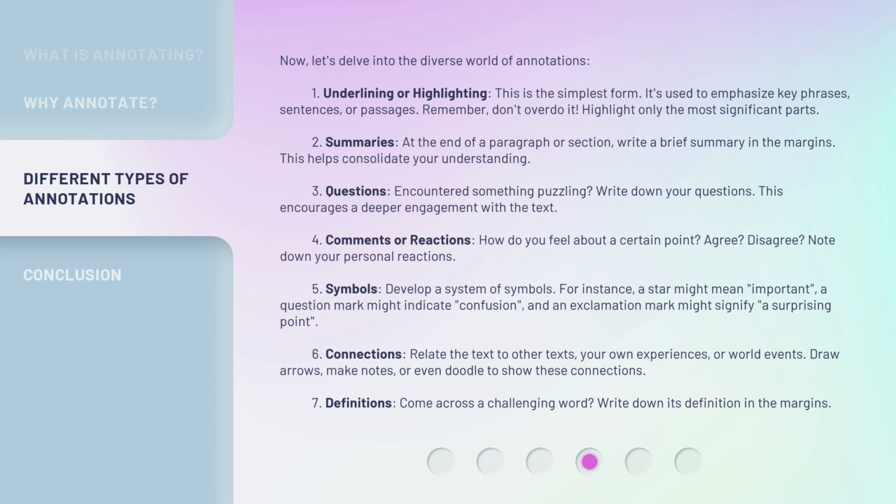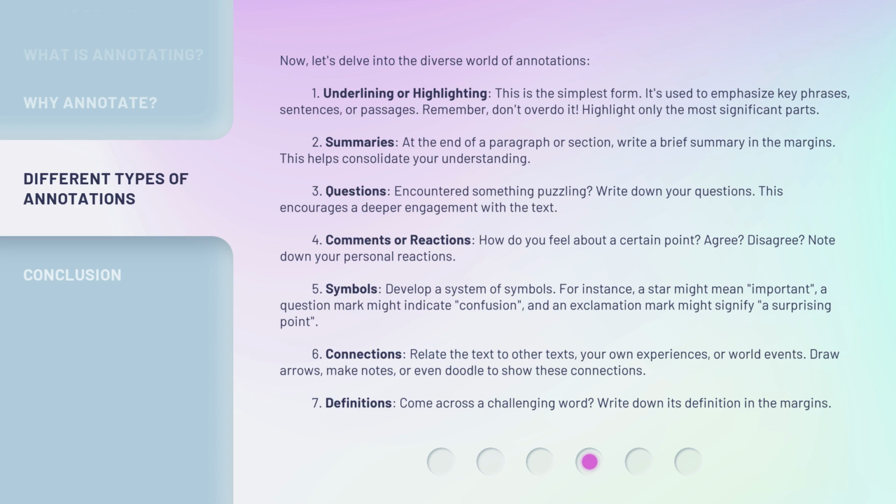3. Questions. Encountered something puzzling? Write down your questions. This encourages a deeper engagement with the text. 4. Comments or reactions. How do you feel about a certain point? Agree? Disagree? Note down your personal reactions. 5. Symbols. Develop a system of symbols. For instance, a star might mean important, a question mark might indicate confusion, and an exclamation mark might signify a